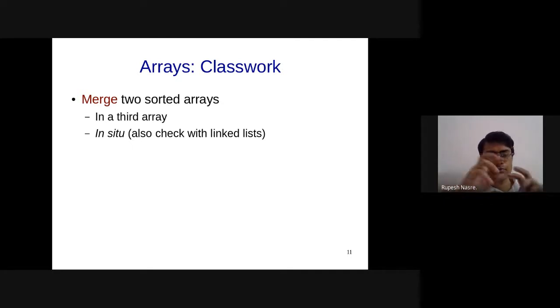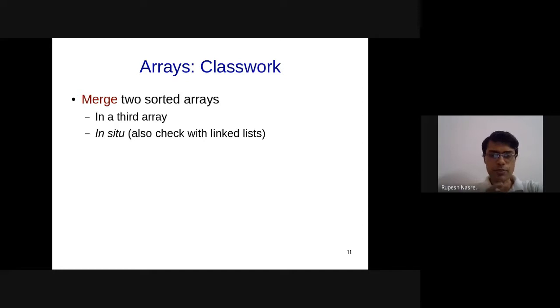So let's do this first part. Please take out your copies, or you can write it online. Just write a function where you pass two arrays and their sizes, and the third array, and you are going to merge these two arrays. Please write those steps. Even if you write it algorithmically at this stage, it is okay. And feel free to share your code in the chat box. Alternatively, if you have any questions, please feel free to ask. For now, you can assume that all the elements are unique. That should not create a problem.